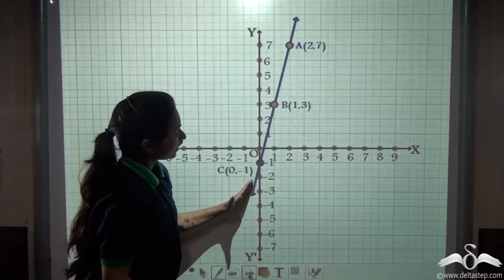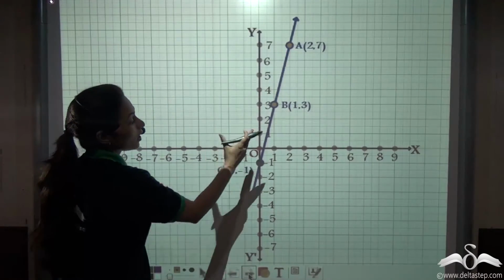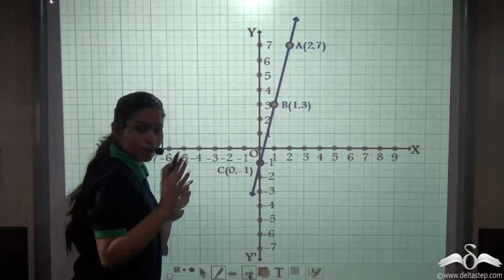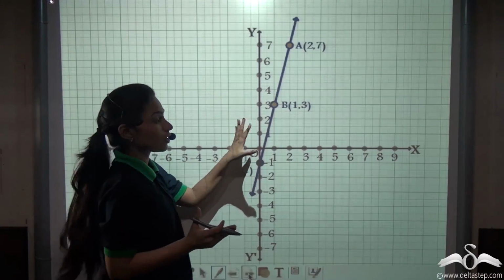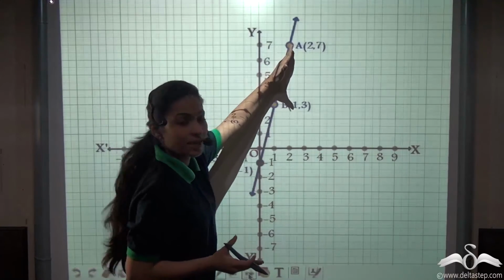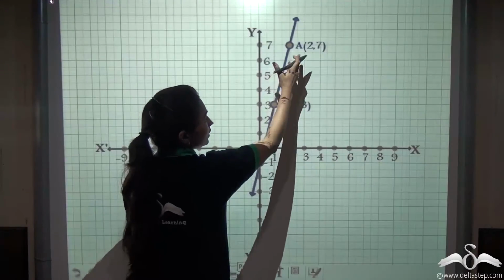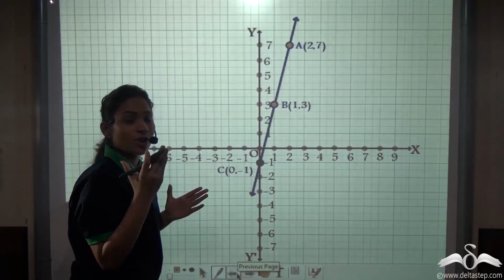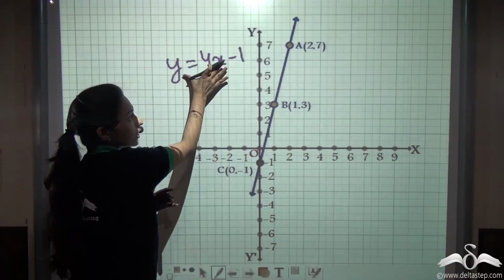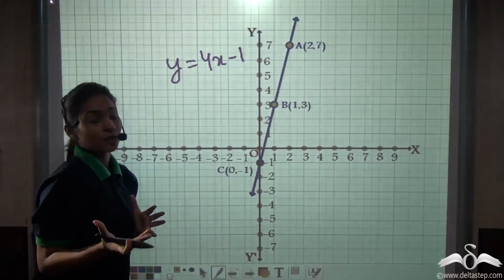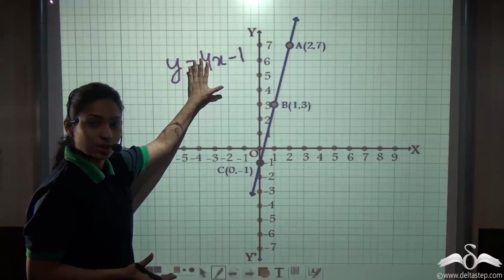You can see that again this is a straight line. So our point is proved here that if there are 3 or more solutions of an equation, and we plot any 3 solutions on a graph paper, they will always lie on the same straight line. Again, the points on this line also satisfy the equation y is equal to 4x minus 1. That is the equation of this line. And any point that does not lie on this straight line is not a solution of this equation.